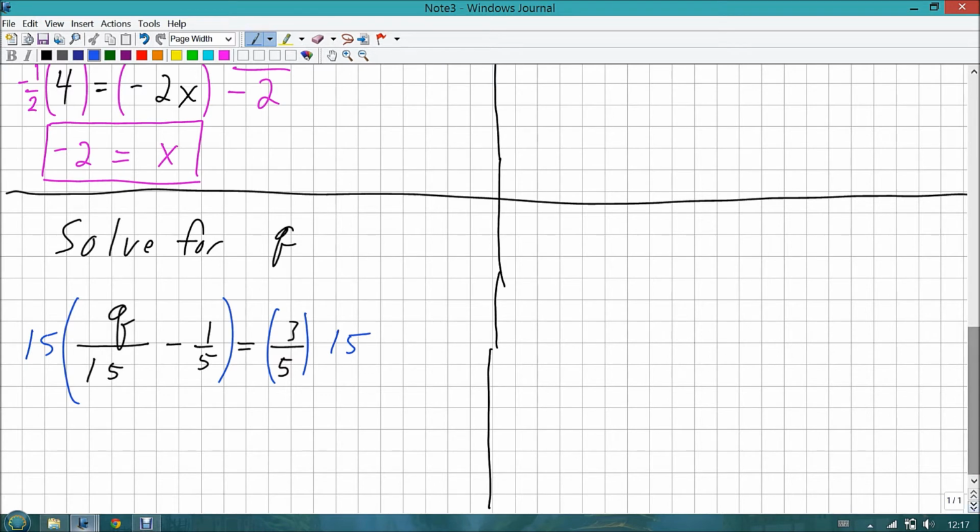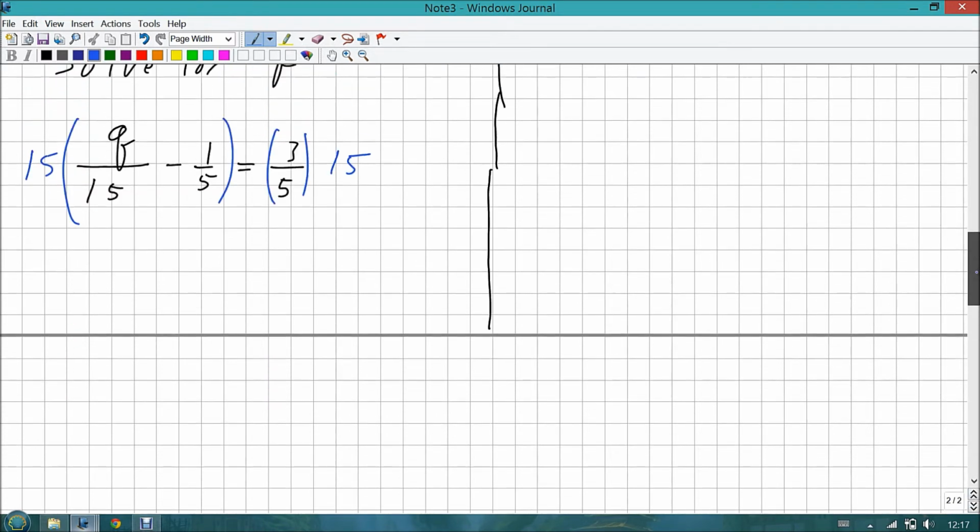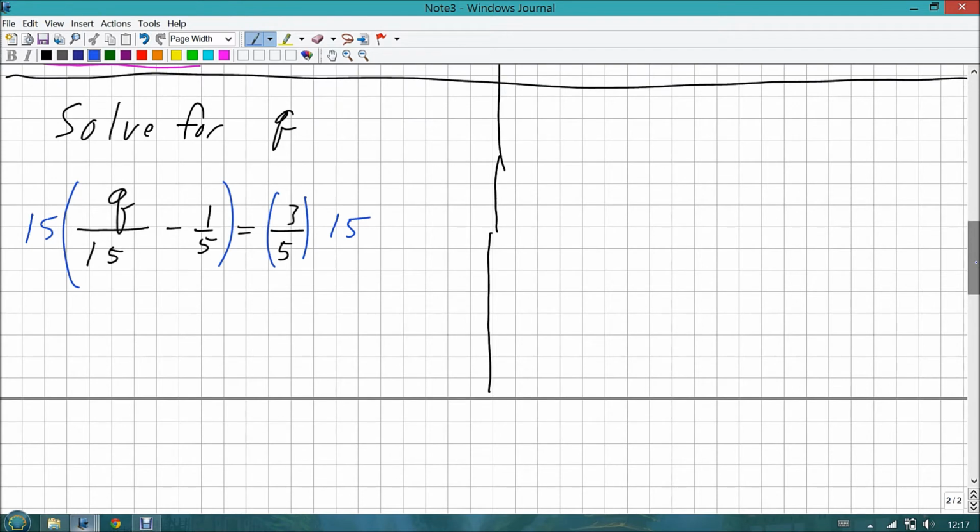And when I multiply both sides by 15, oops, here we go. Go back up. Thank you, sir. When I multiply both sides by 15, remember, the distributive property says that it goes to everything. Not just one piece of the side, but everything on that side. So it's going to go to the Q over 15, and it's going to go over to the negative 1/5. So I'm going to do, okay, well, 15 times Q over 15. 15 divided by 15 is 1. 1 times Q is Q. And then I do the 15 times the other one. 15 times 1 over 5. I do, okay, well, 15 divided by 5 is 3 times 1 is 3. So I have a minus 3